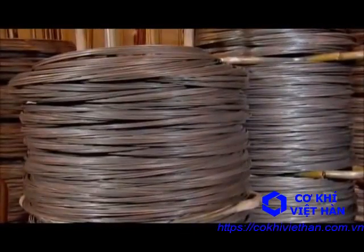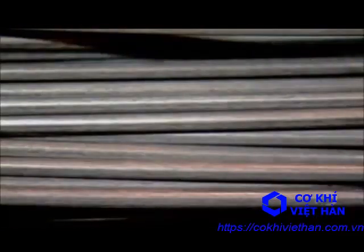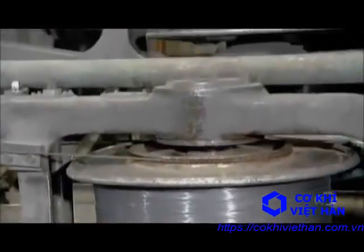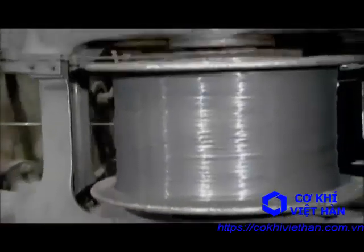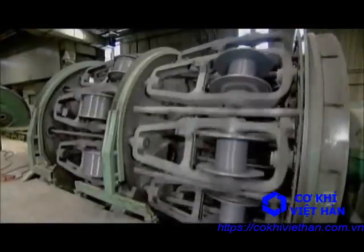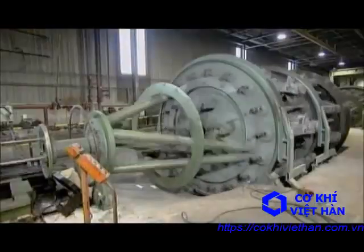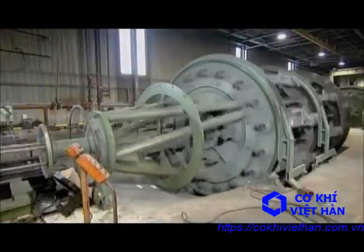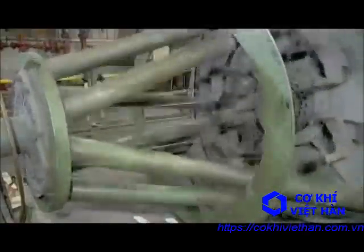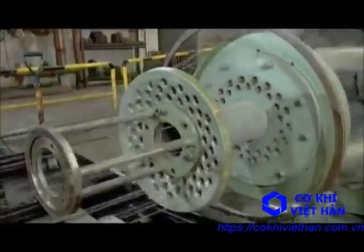Manufacturing a wire rope begins with steel wire that's anywhere from 0.6 to 8 millimeters in diameter. The first step is to wind several of these wires together into a strand. How many wires per strand depends on the job the rope will perform, because different applications require different degrees of flexibility and strength. Each wire is spooled onto a steel bobbin and loaded onto a stranding machine, which is essentially